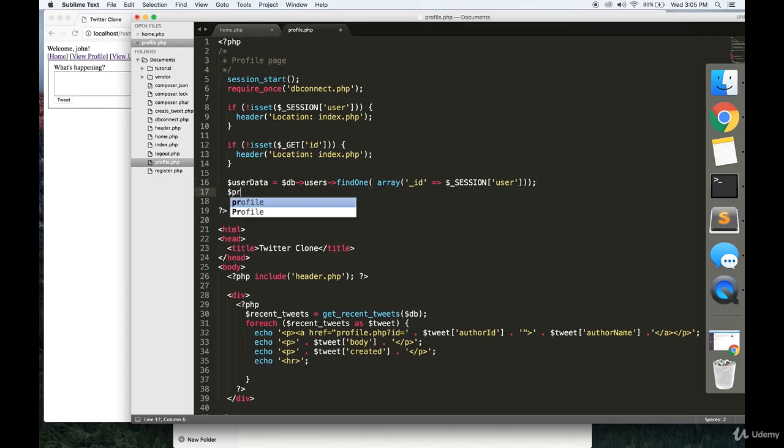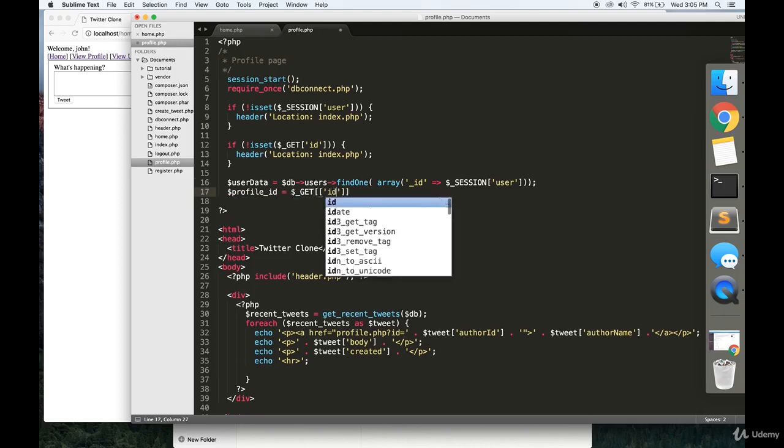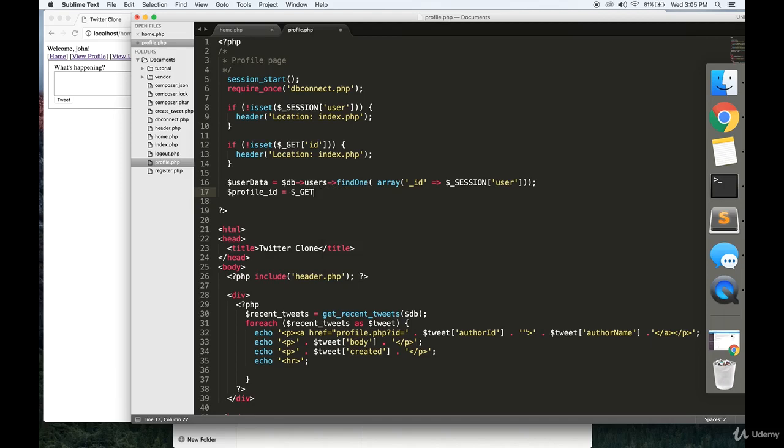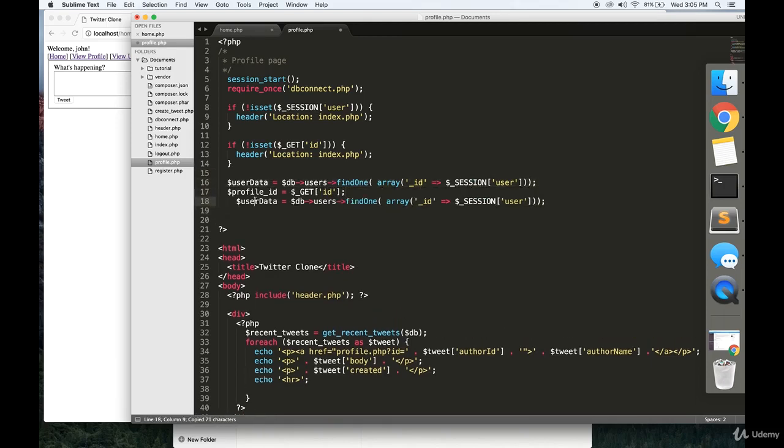Close that off, and then we're going to get the ID of the profile that we're currently looking at. That would be this. Whoops. Okay, get ID. And then we're going to do the same kind of procedure. We're going to make a profile data variable